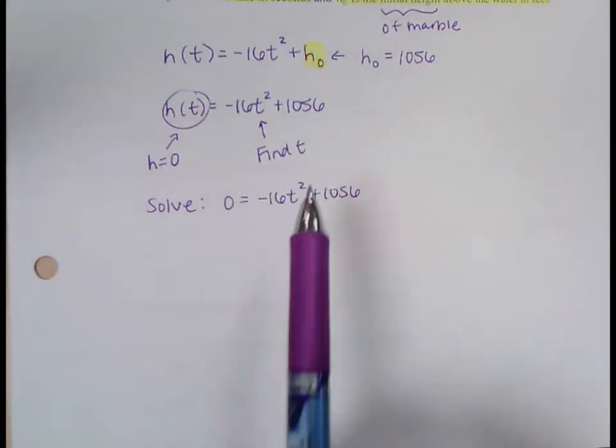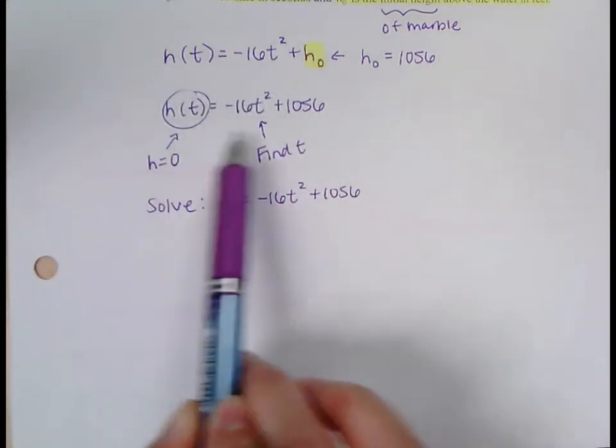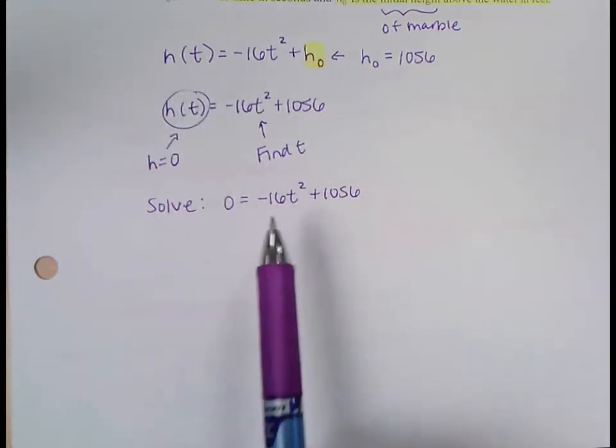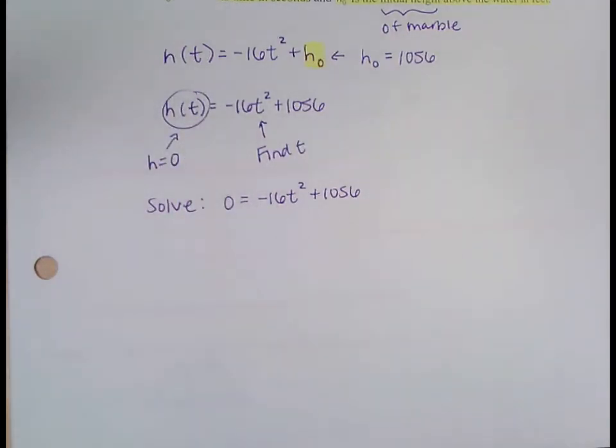We can solve this by graphing our function and finding the x-intercepts, or in this case they would be the t-intercepts, but the x-intercepts on the graph. So this is where you can use Desmos to graph, because this is going to be a function that is a little bit higher values than would fit on a typical coordinate plane. So in Desmos, how you type this in doesn't matter. You can type it in exactly how you see it. I can type in h of t, it does recognize function notation, equals